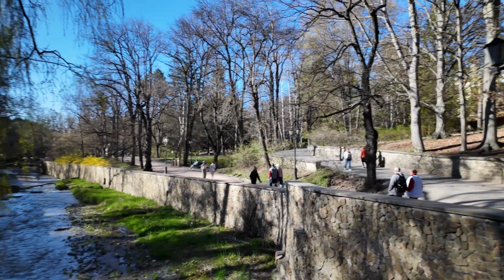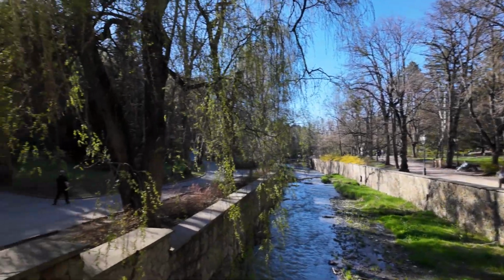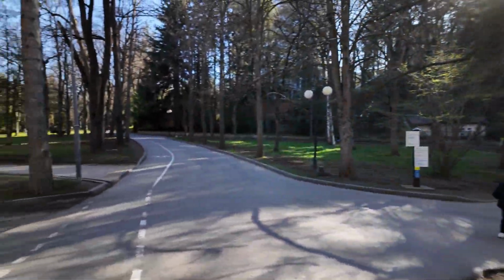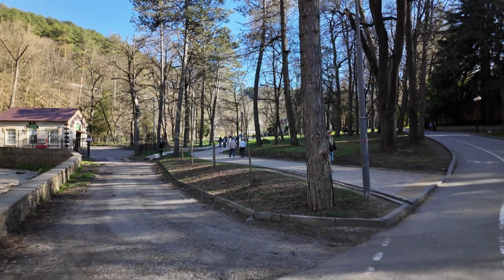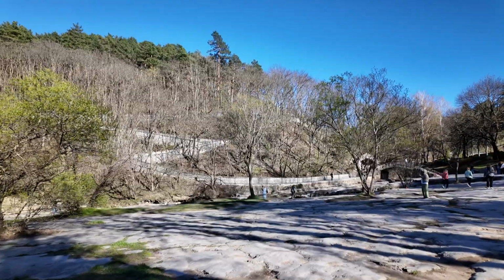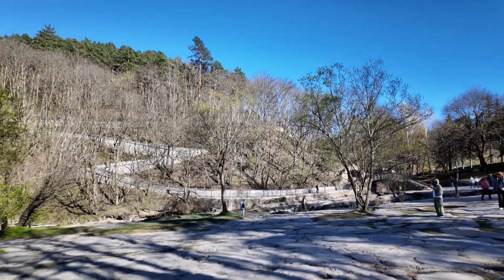Here we're in the middle side of the park, and slowly heading towards the higher part, where definitely we would see fewer tourists and more nature. There is another attraction on our way, a little bridge whose history I will tell you shortly once we reach it. So here on this more wild part of the park, we are going to see one of the attractions of the park,